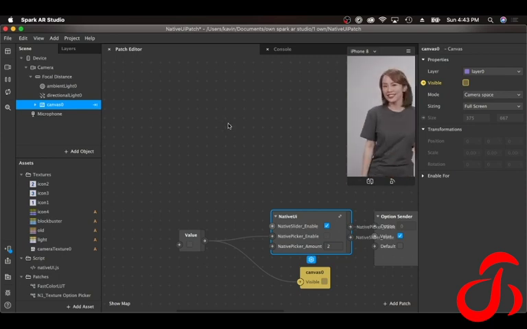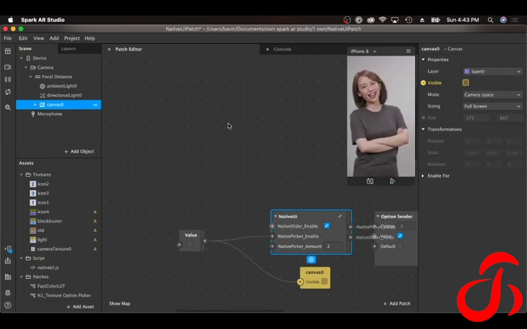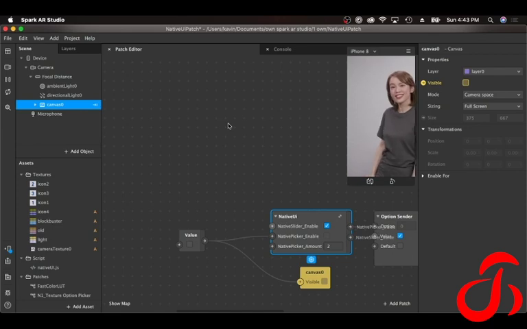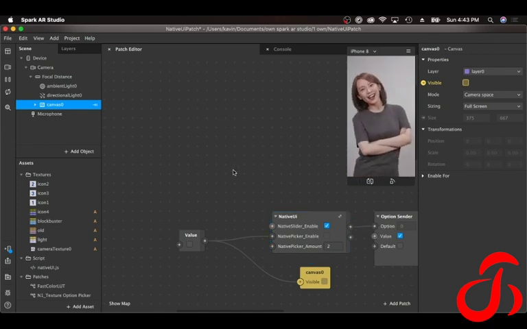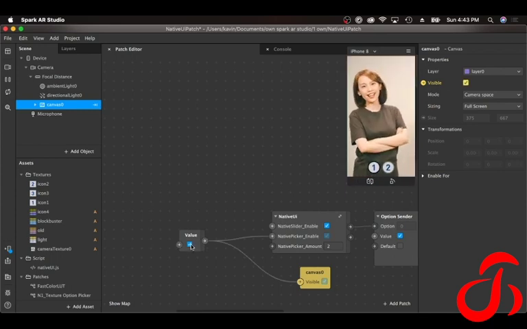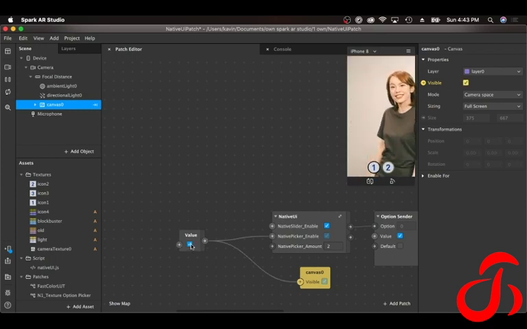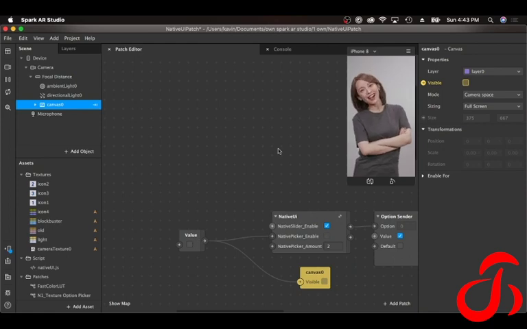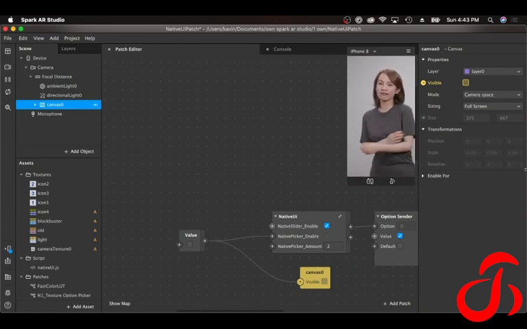For example, you are making a game and only for a few elements you want to give an option to the user, like for a certain time, if some elements are falling and when the user catches that element, they get to have the patch editor or whatever they want. So during that time you can make it active, and after that is complete you can make it false so that you can't see the native UI.